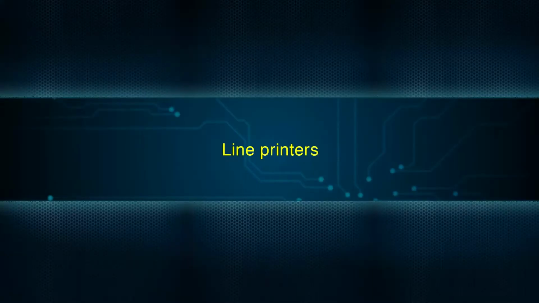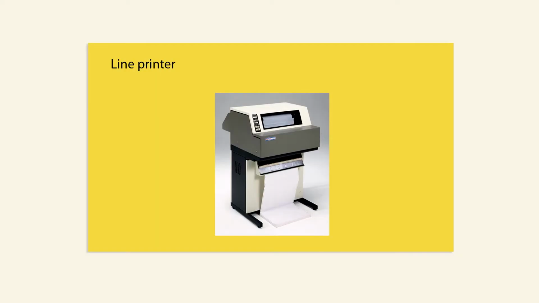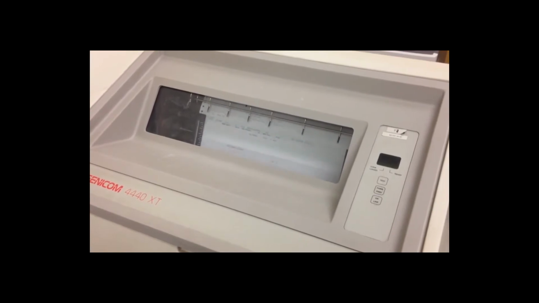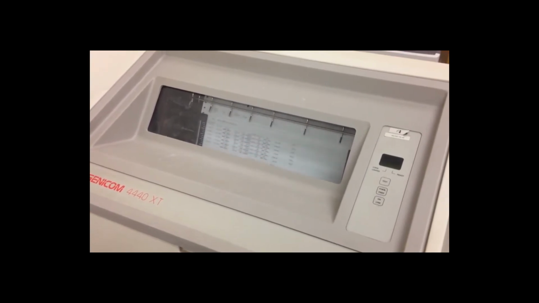Line printers. In business, where an enormous amount of material is printed, character at a time printers are too slow. Therefore, these users need line at a time printers. Line printers, or line at a time printers, use special mechanisms that can print a whole line at once. They can typically print in the range of 1200 to 6000 lines per minute. Drum, chain and band printers are line at a time printers.